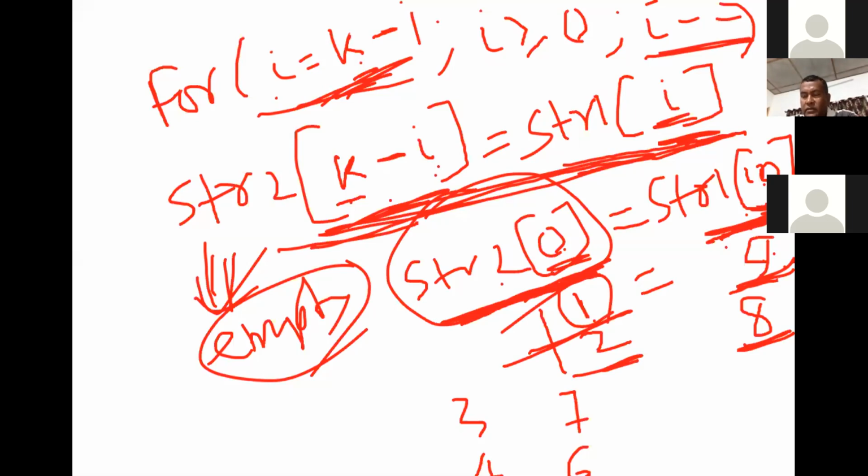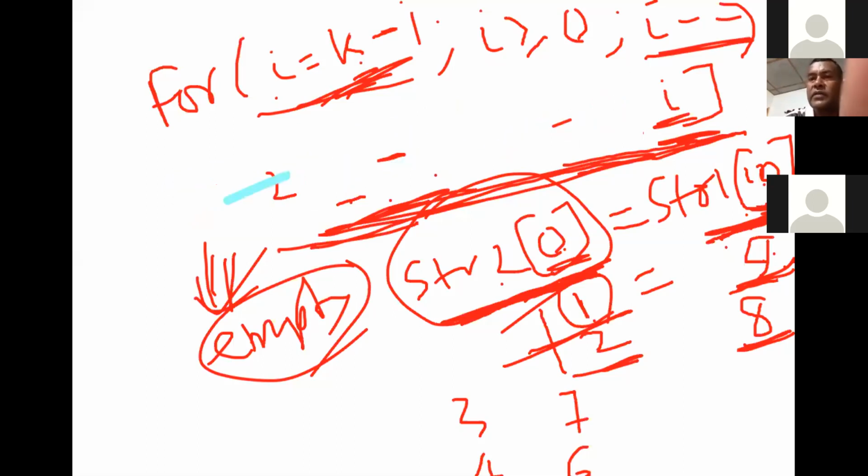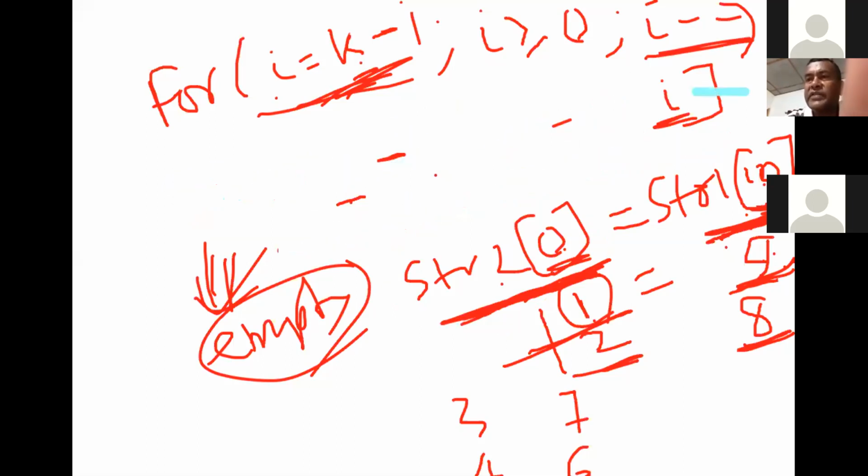Isn't it? Yes, sir. So that is the logic for making the reverse of a string. So the slight modification you have to make for this purpose. Actually, you have to think yourself, but still I'm giving it here.